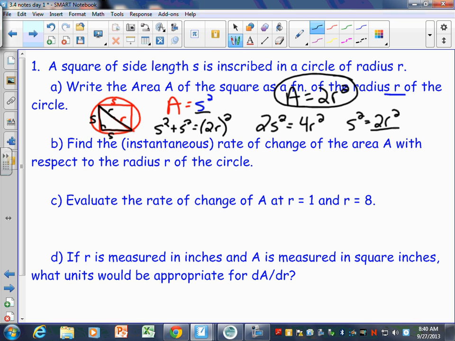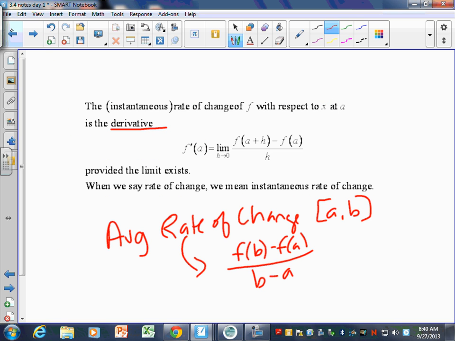What does that mean to do? Find the instantaneous rate of change. That's the average rate of change. This is average rate of change. Oh, this whole thing, right? Do we have to do this whole thing to do the instantaneous rate of change anymore? Because that's just the derivative, right? Which means if you want to do the whole limit thing, you can. But all you have to do is use the rules that we've learned now to take the derivative, all right?